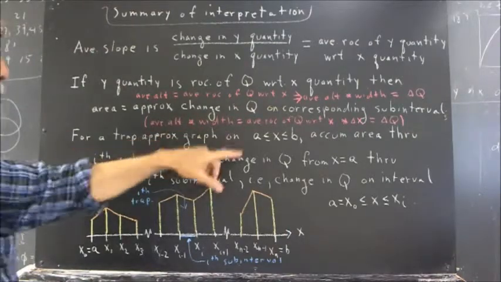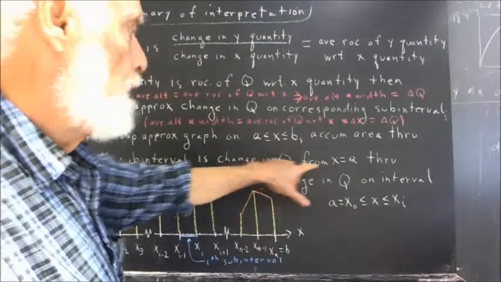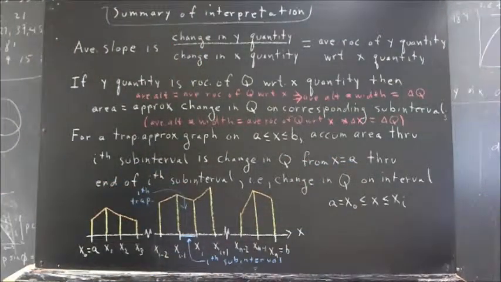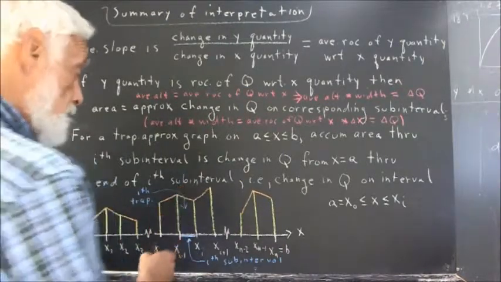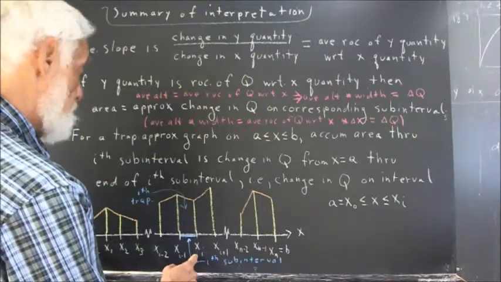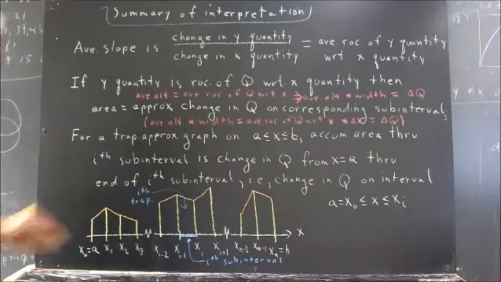So the accumulated area through the ith subinterval is the change in the quantity q from x equals a through the end of the ith subinterval. Now, from x equals a, that's from here. The ith subinterval is here. The end of the ith subinterval is here at the point x sub i. So the change in q from here to here